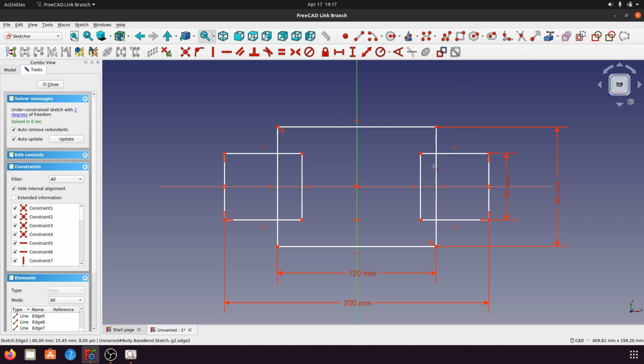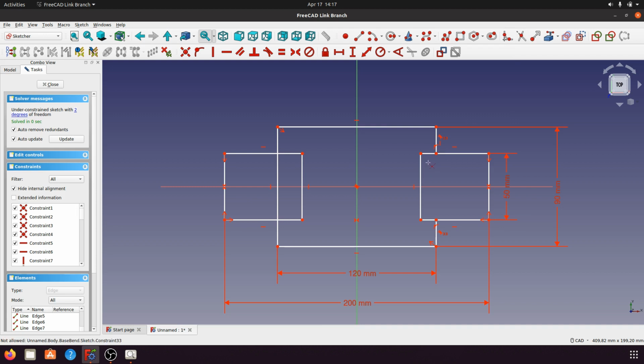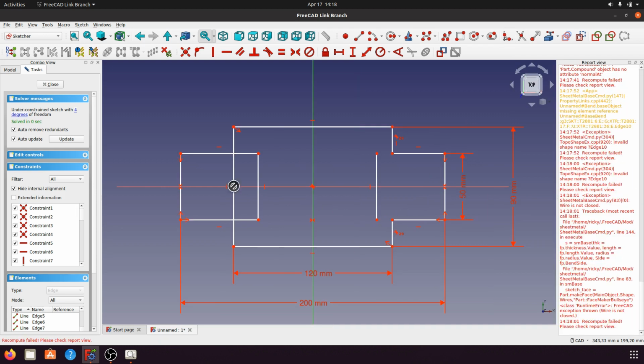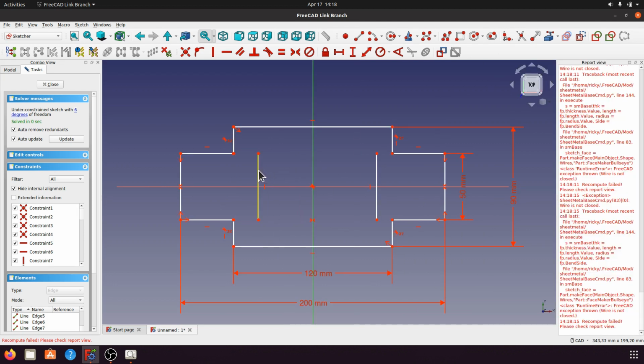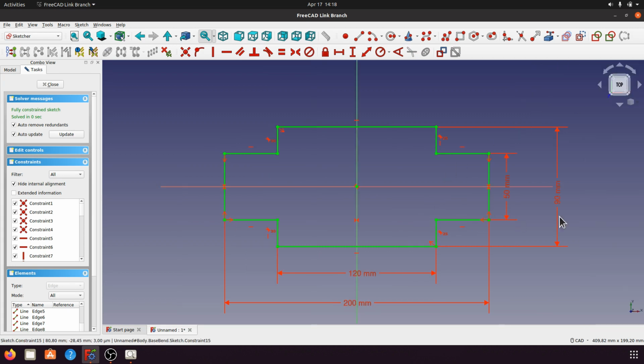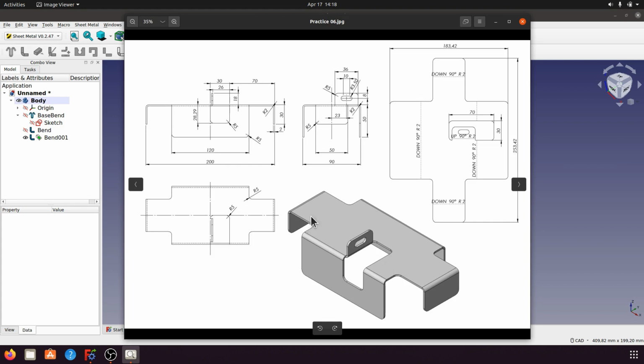Okay, now we can cut the line. Okay, this line, cut again this line. Okay, and this line, so delete this line and this line. Okay, now sketch is fully green now, so we can close the sketch. Okay, now we can check with the drawing. Let's try to create bend